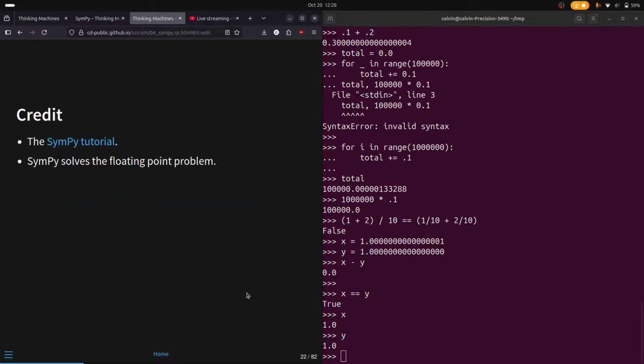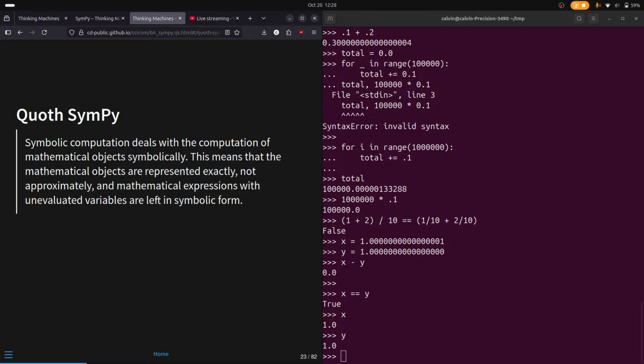So what are we going to do instead? We're going to use symbolic computation. I'm going to follow components of a tutorial, and this is going to solve the problem of your computer not being able to do math. Okay, so